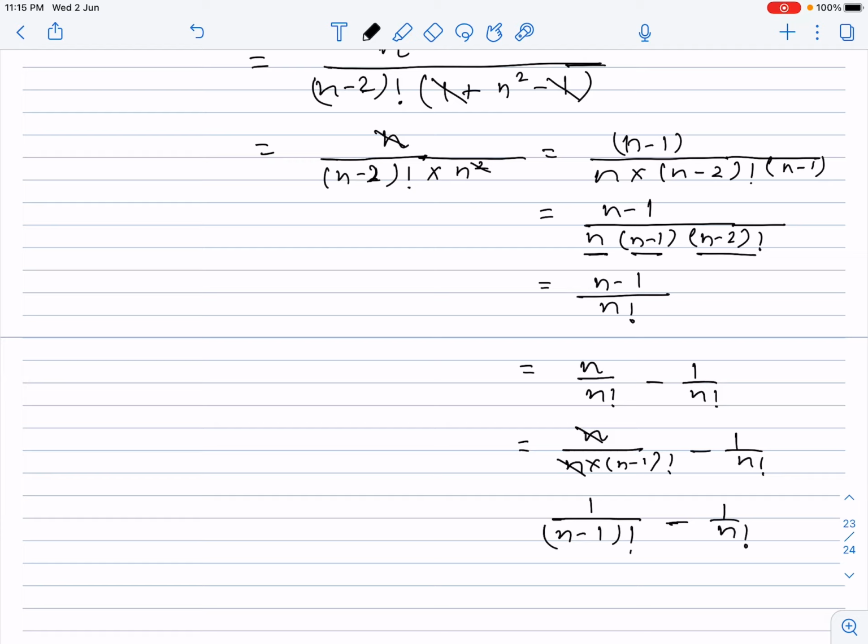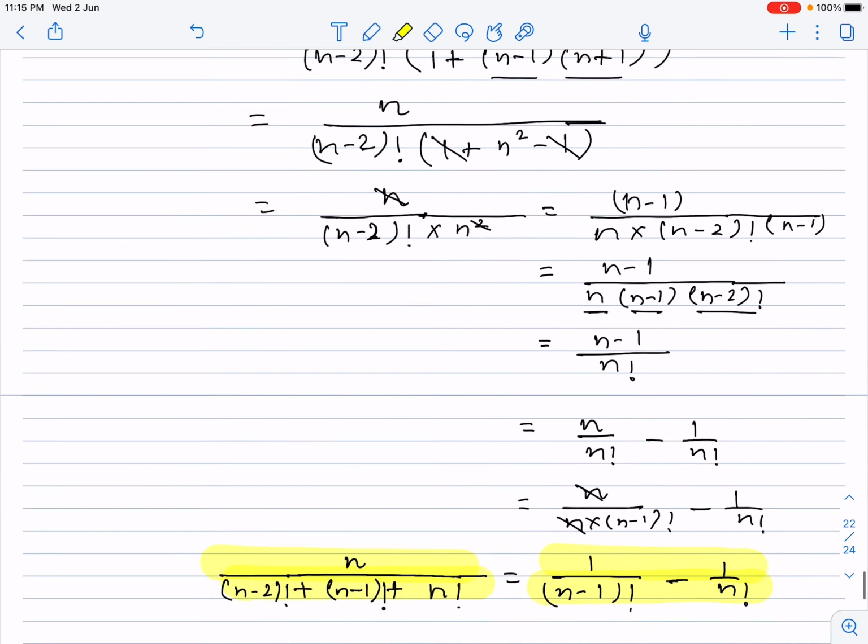And which thing's general form is it? It's the general form of n divided by n factorial was written at the end. Then n minus 1 factorial was written just before that thing. And before that thing, n minus 2 factorial was written. Hope you guys would have got my point. Now sir, how will we simplify the question using this form? So we'll be going to apply telescopic form using this final derived form.